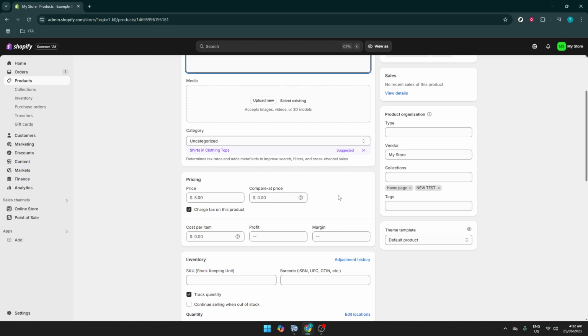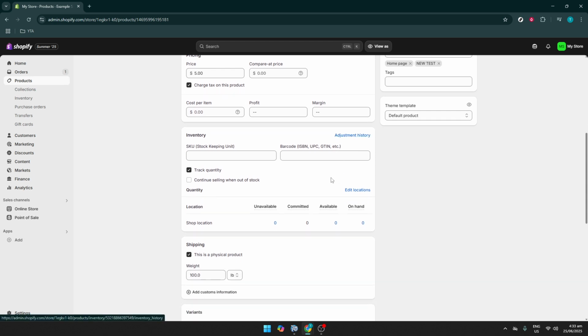Now, let's proceed to some details that are crucial for inventory management and smooth operations. In this step, locate the Barcode section while you're still viewing Example Shirt 2. Barcodes are essential for inventory tracking, especially if you're managing a large catalog of items. Shopify allows you to input or edit barcodes directly on this product page, facilitating seamless updates to your internal systems